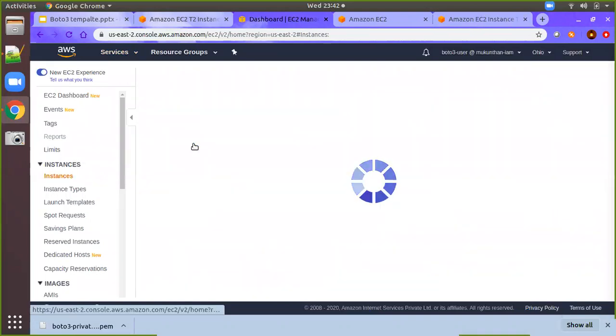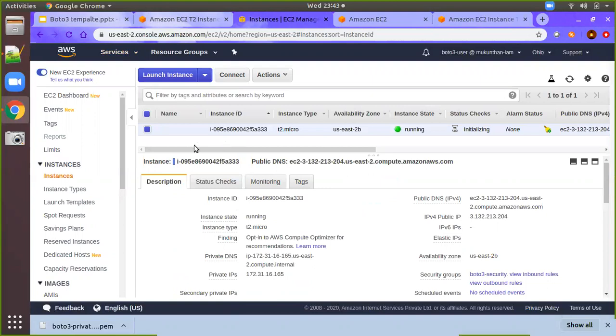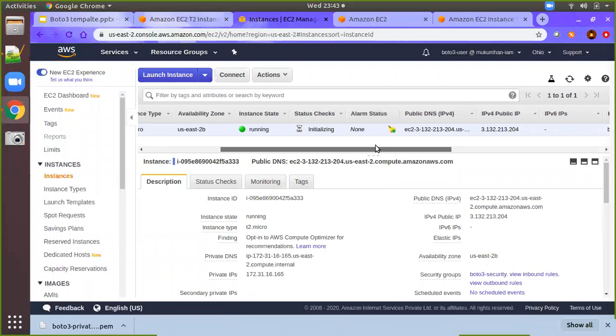You can click on this. Now you can see one instance is running and its availability zone is US East 2B. So that means the US availability zone, east side, and 2B, that is the code they have given. The instance type is T2 micro, the status is running, and you can see the remaining things.